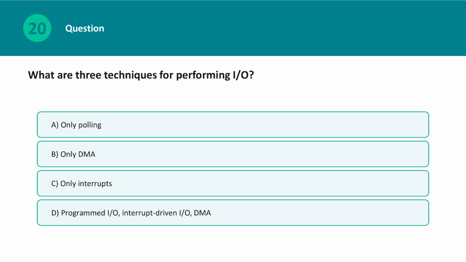What are the 3 techniques for performing input-output? A. Only polling. B. Only DMA. C. Only interrupts. D. Programmed input-output, interrupt-driven input-output, and DMA. The correct answer is programmed input-output,